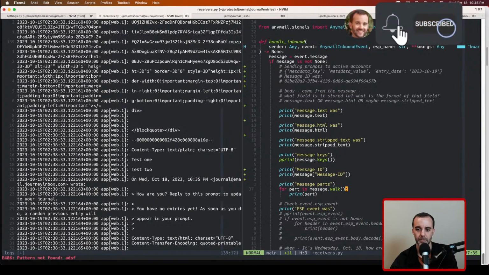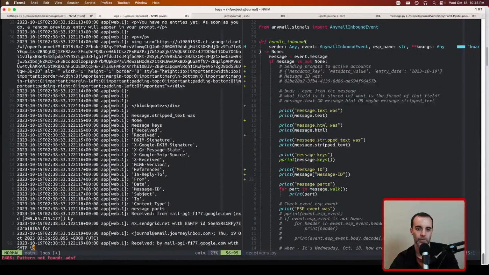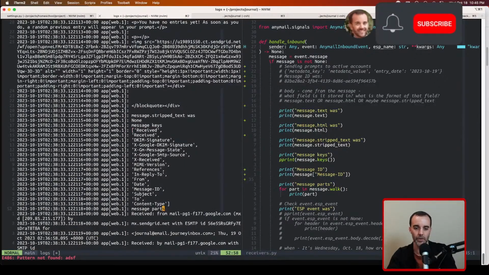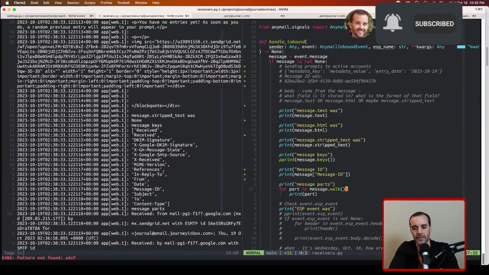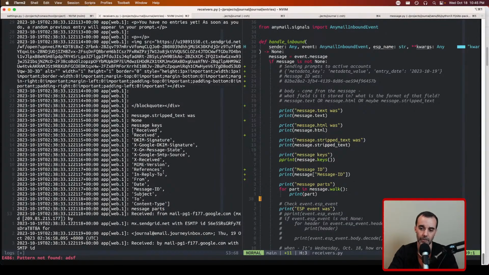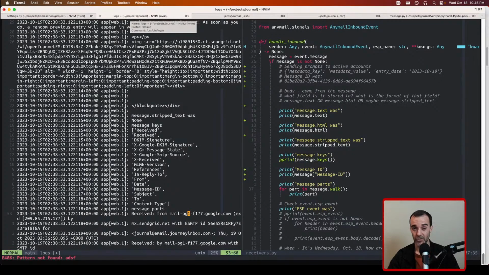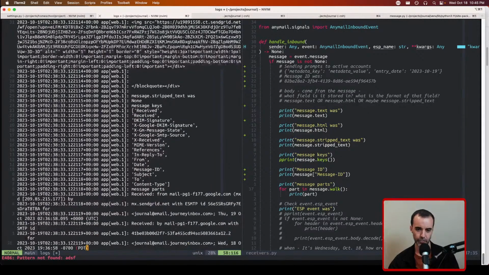So what we were just looking at was the keys, and then we got to the parts. Again, this is a multi-part email message, and there are these MIME parts. Each one of them is like its own message. I just wanted to go through them and see if one of the parts would just be the actual journal entry, or if it's going to look like something different. So, scanning through the parts,